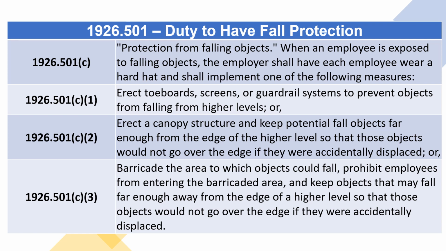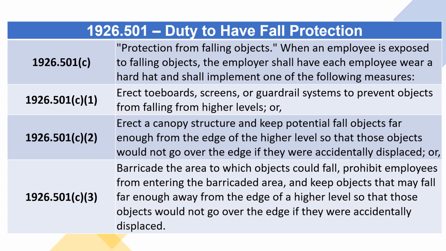1926.501(c). Protection from falling objects. When an employee is exposed to falling objects, the employer shall have each employee wear a hard hat and shall implement one of the following measures. 1926.501(c)(1). Erect toe boards, screens, or guardrail systems to prevent objects from falling from higher levels, or